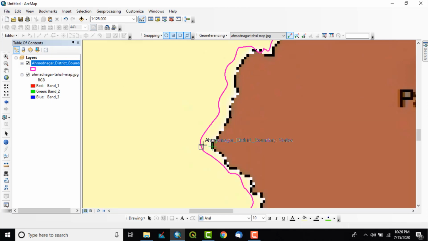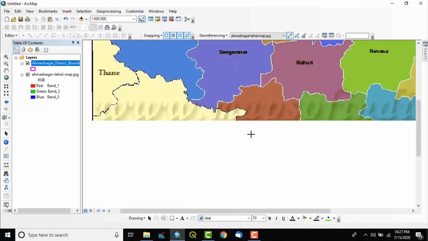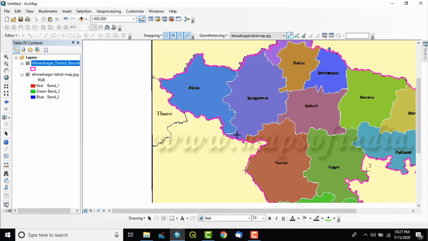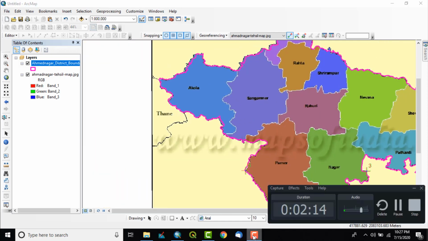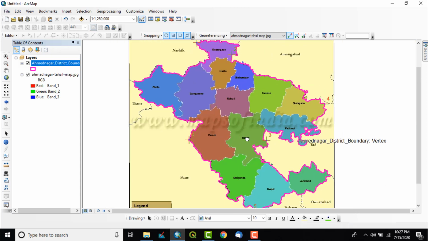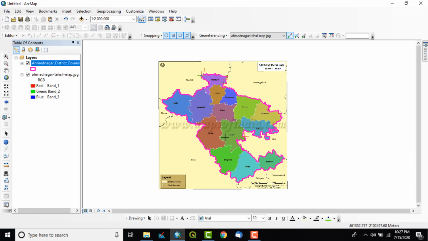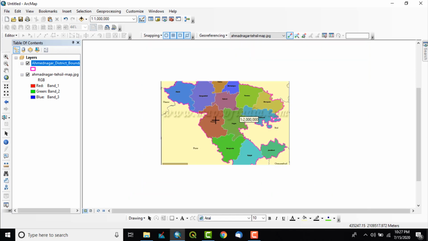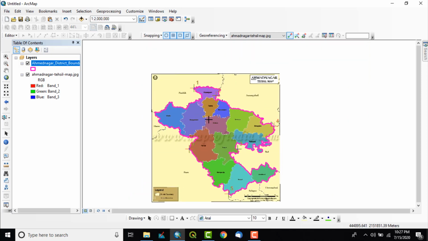So you can take as many points as you need to get the maximum match to the maps you are working with, because the maps and the orientation of the JPG and shapefile may differ. So we have achieved almost 80 to 90% match.